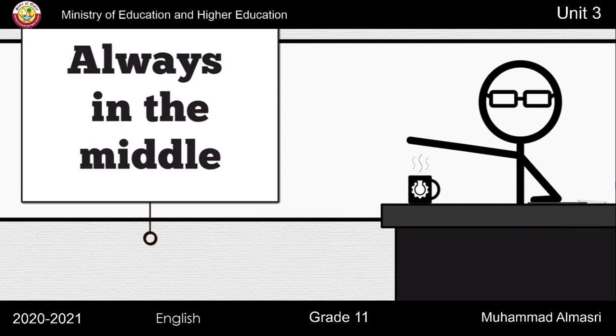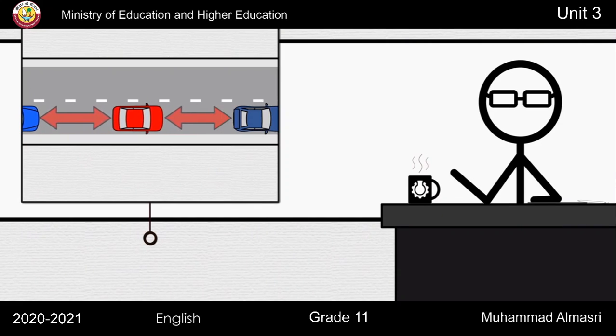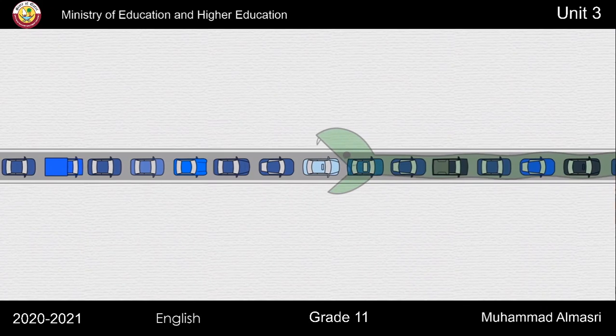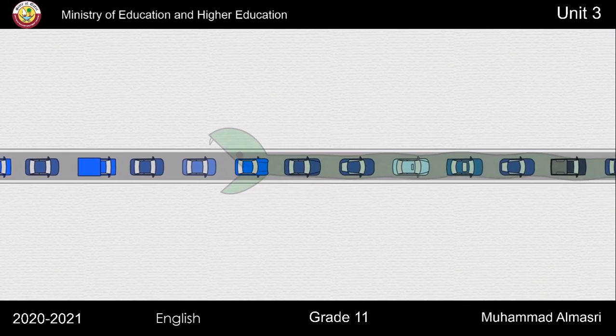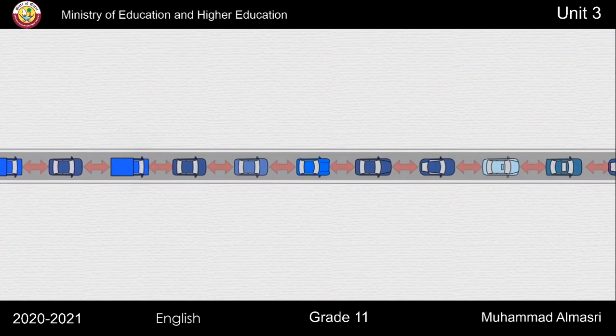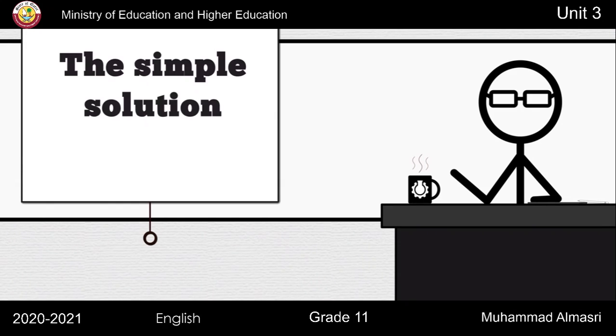Always in the middle. This gives you the most time to prevent overbraking, but also gives the driver behind you the most time as well. And when stuck in traffic, this rule would get all cars to pull apart the snake faster. That's the simple solution to traffic, getting humans to change their behavior, perhaps by sharing this video to show how